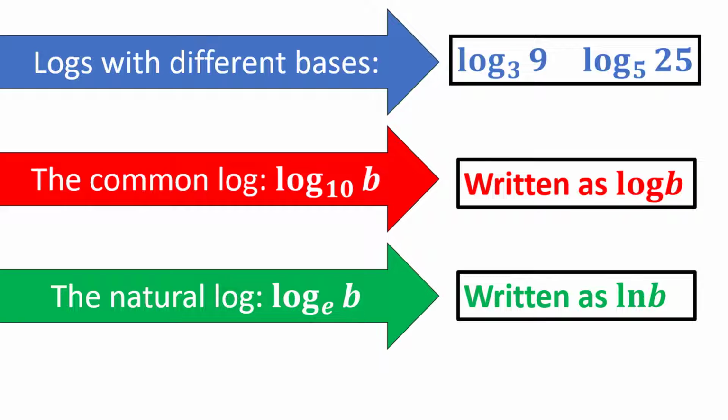Well, it turns out that most calculators do not have an option to do something like these guys. You can't take the log base 3, or the log base 5, or the log base anything really, besides 10 or e. Calculators usually only have two log buttons, which are the common log and the natural log. So that becomes a problem if we want to evaluate logs with bases other than e or 10 for problems that we can't do in our head. But fear not, for there is a solution, and that is called the change of base formula, which I will show you in this video, but not prove.